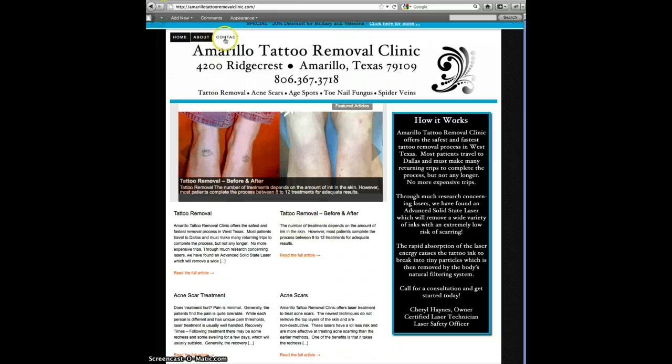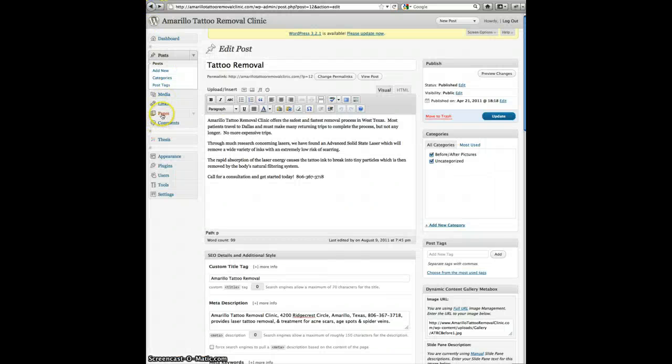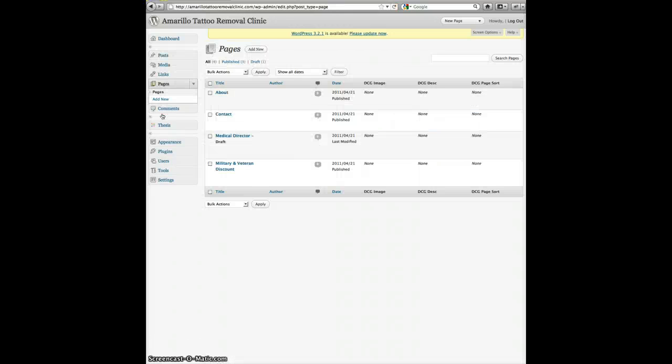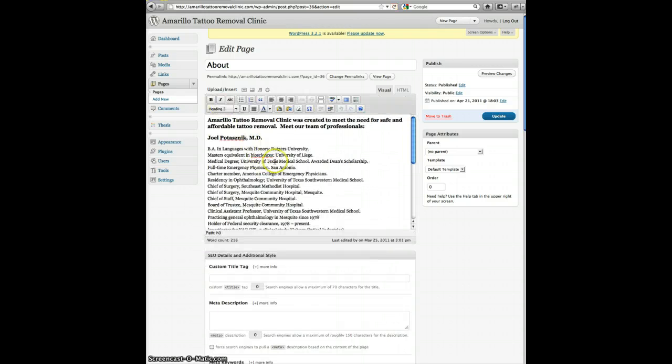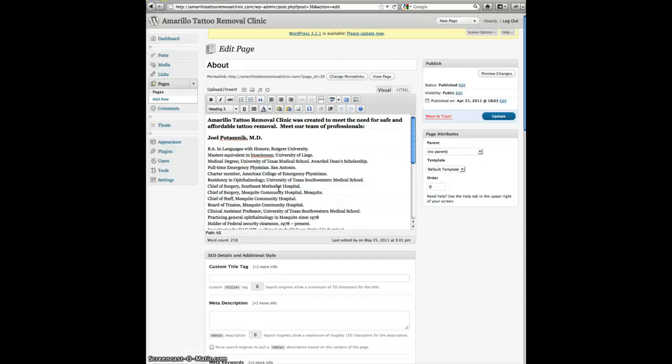Now let's talk about pages across the top. A page is different from a post because you get to it independently. For example, here is your About page, and in that we've included the information from your medical director and information about you. If I wanted to add a new page, I would click Add New,